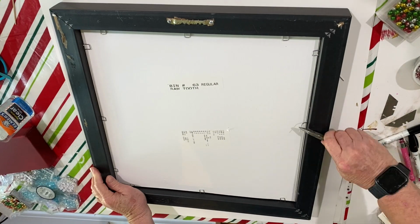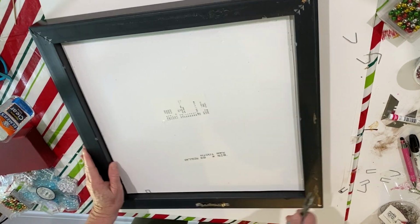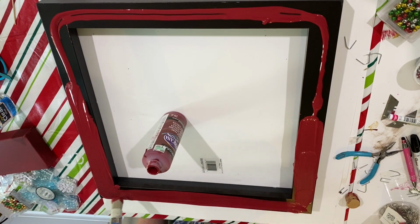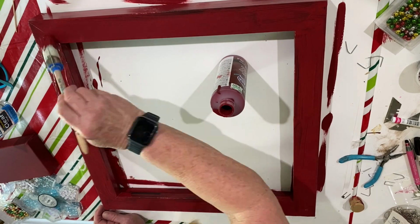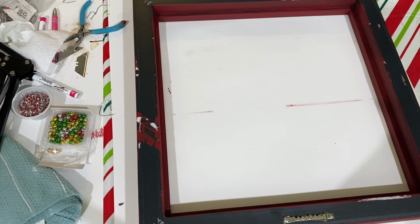For this project, I used a 19 by 19 inch frame that I had picked up at a garage sale. I removed the clips, the cardboard, and the glass. And then I flipped the picture frame over and painted it a pretty burgundy red. I let this dry overnight, and then I took Elmer's glue and put it around the perimeter of the back